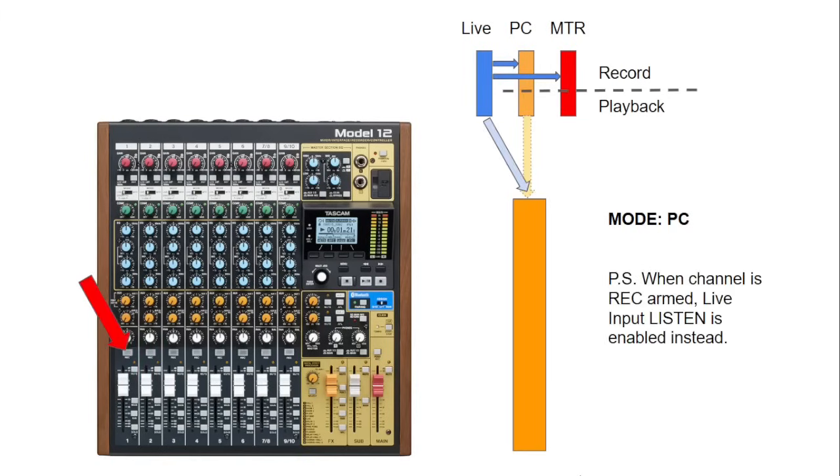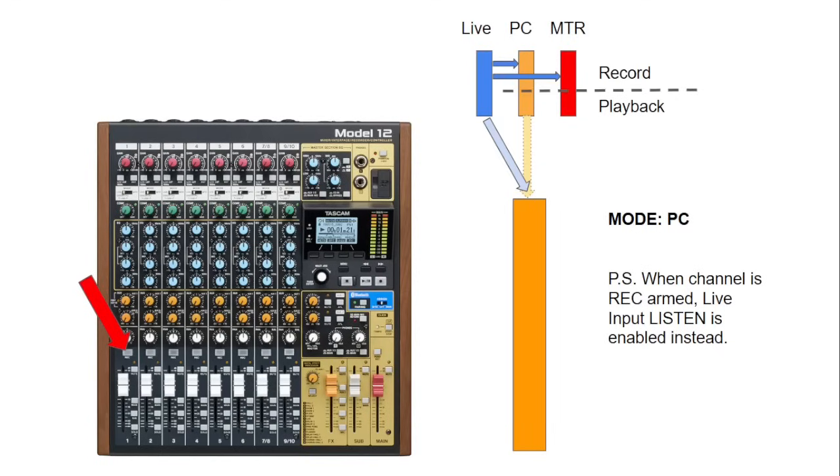Now here's a handy feature. While we have our mode selected to the PC, when we press the record on button for that channel, it switches from listening to the PC back to the live input, so that while we are recording, we can listen to exactly what we are playing, either the microphone or the guitar, have it recorded, and once we stop recording